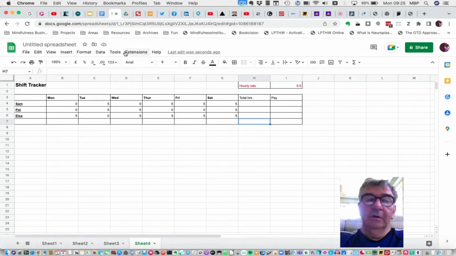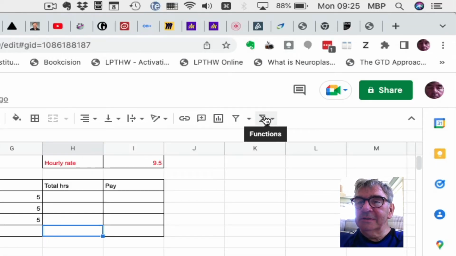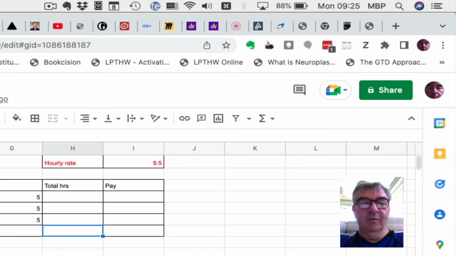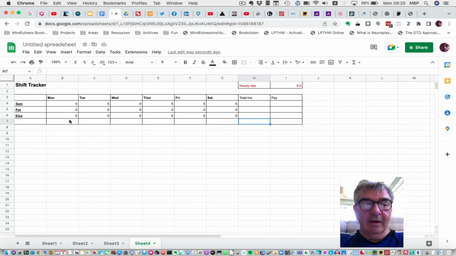On the formatting bar up at the top, I pointed out perhaps last week that we've got this thing which is called functions, but this symbol here is called sigma, and that can be used for adding numbers up. So here is something else that we could have done. I want to add these numbers up. If I click in this particular cell,